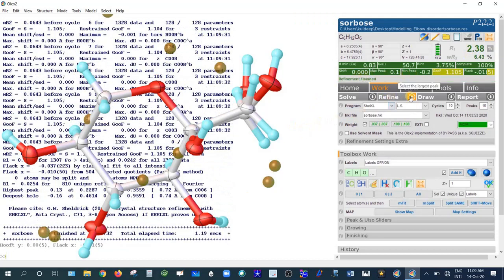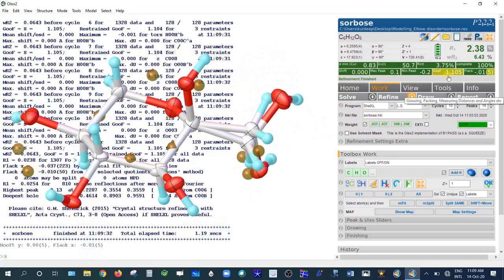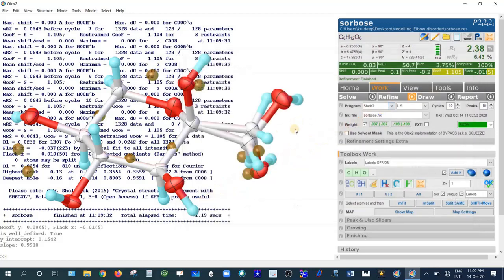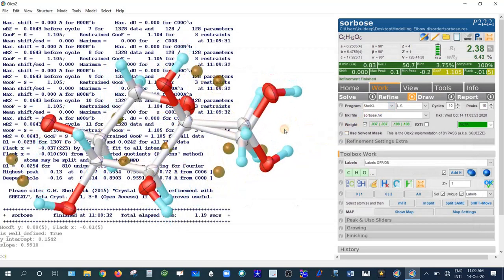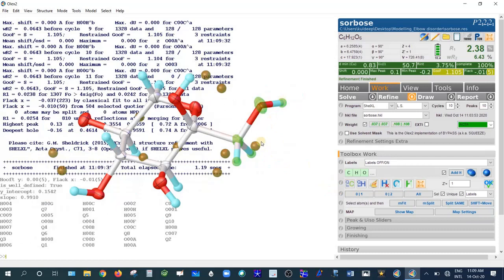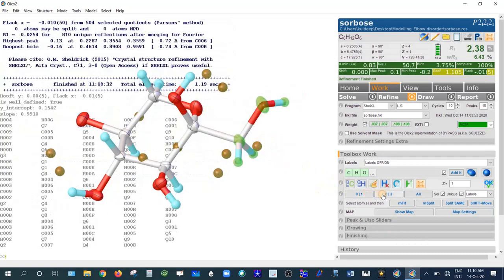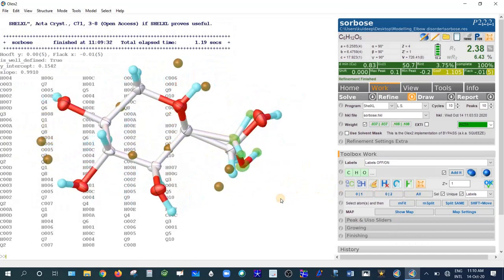Now everything seems to be green. The weighting scheme is stabilized. The shift is 0. If you look at the map, it is quite a straight line. So the refinement is nice. If you look at the two parts separately, press 01. This is part 1. This is part 2. Part 1. Part 2. Thanks for watching the video.